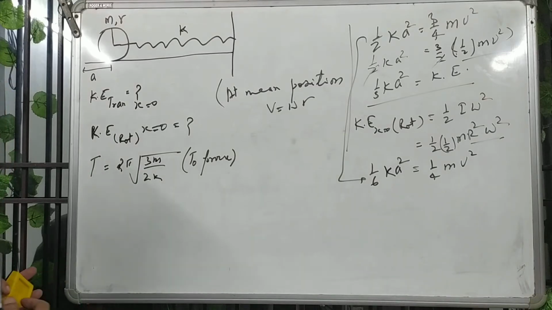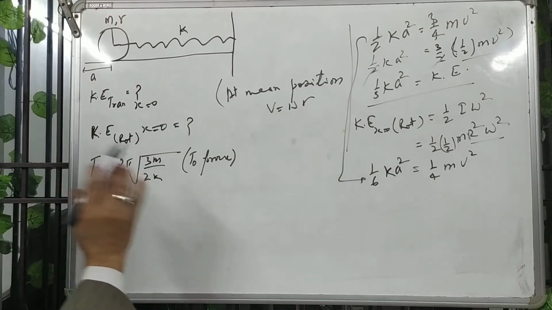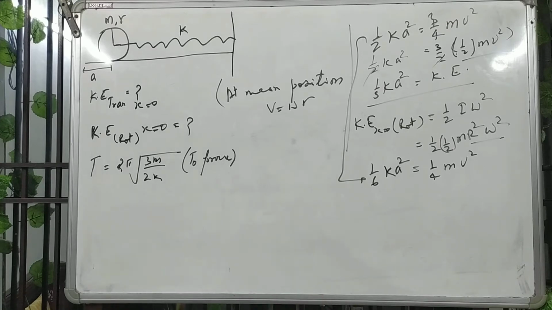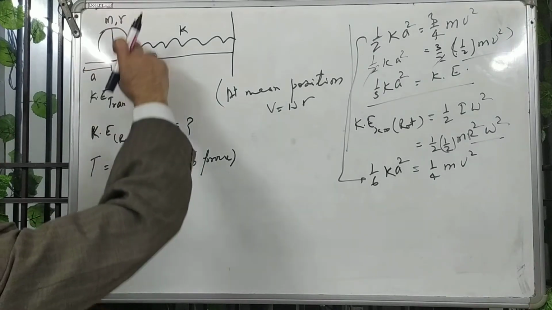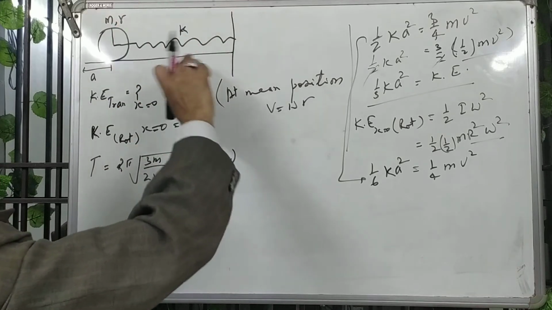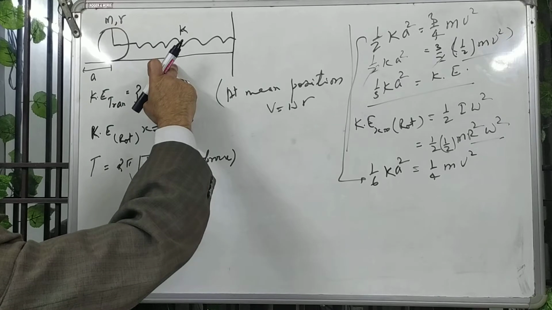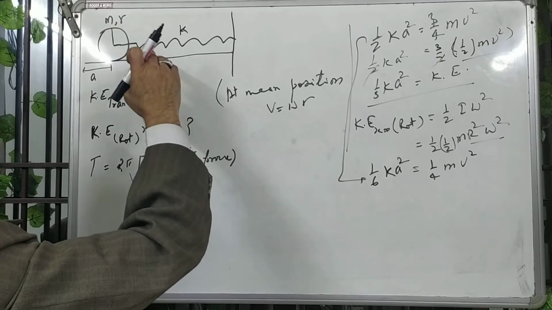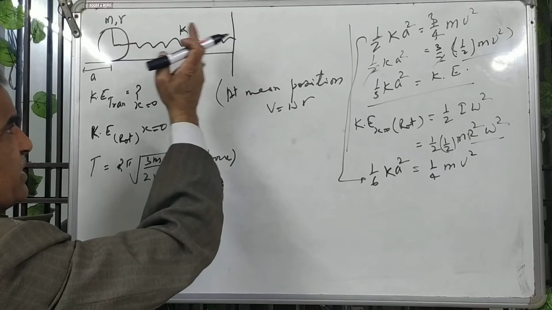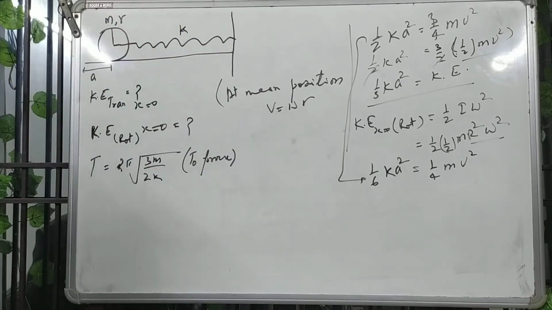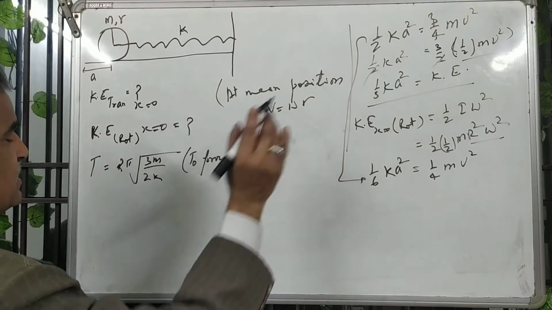For this question, there are two techniques to find the time period, by the force method and by the energy method. By the energy formula, the total energy conservation principle, I am going to find the time period. In this system, at any point in motion, there will be translational kinetic energy, rotational kinetic energy, and there is compression in the spring by x. So half kx square is the potential energy of the spring. So total energy is conserved.